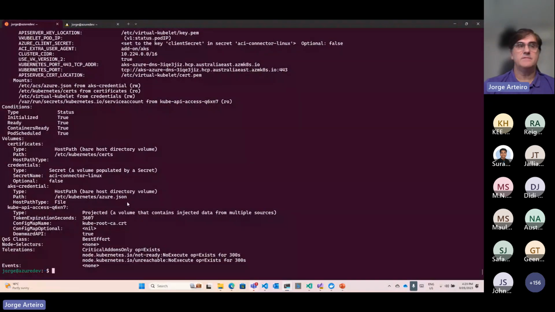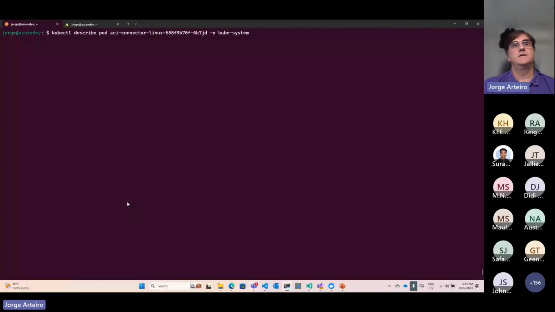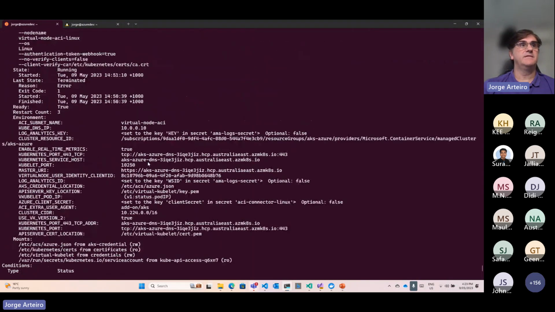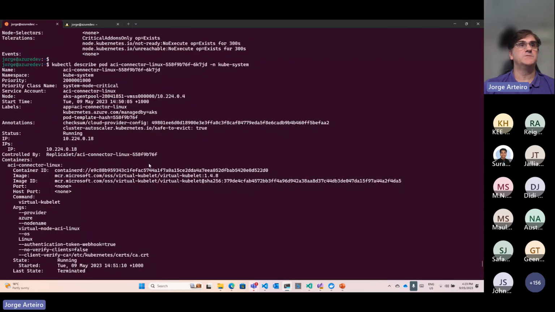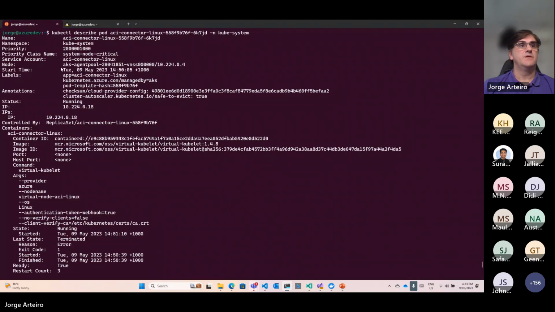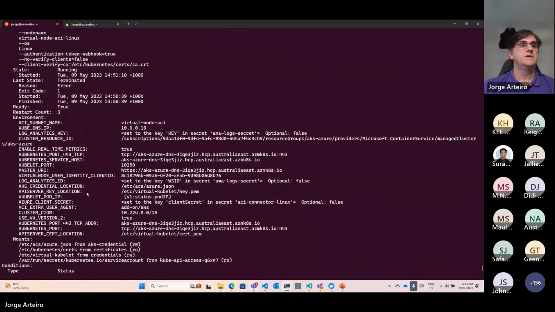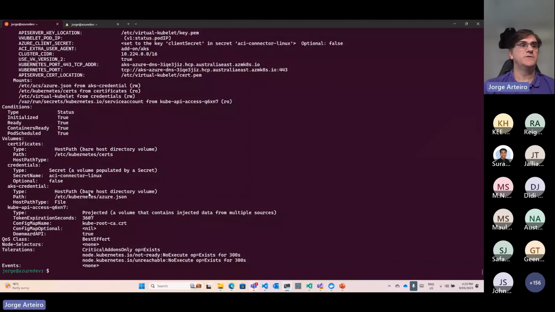I could run this command, kubectl describe pod, and the name of the pod in the namespace, and it gives everything about this pod, all the information about this pod. All the replicas, all the arguments, and what is running, all the annotations and labels. And also one thing that's very useful, the events. At the end, there are no events for this one.